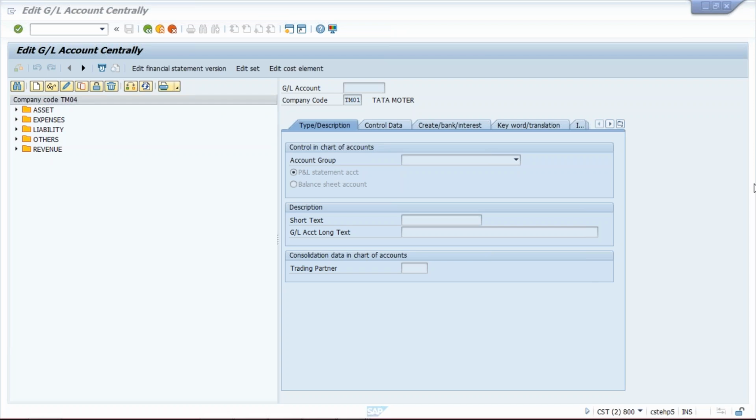Taxes are not your expenses. Keep in your mind, it is part of the balance sheet. It could be the asset or it could be liability. Whatever the input tax, one side is indirect taxes, in that input tax we are going to create. Whatever inputs are there, that is your assets, and whatever outputs are there, that is your liability. I'm talking about indirect. This is a direct tax. So how can it be your expense?